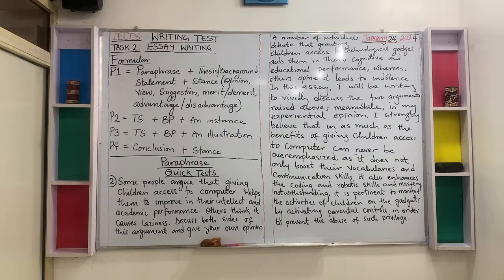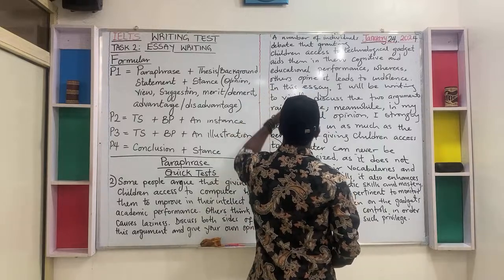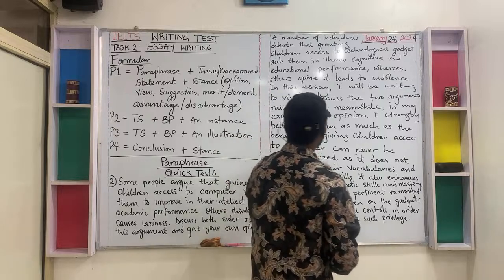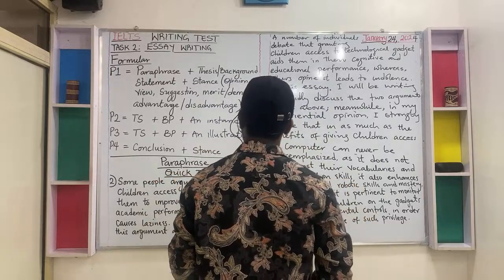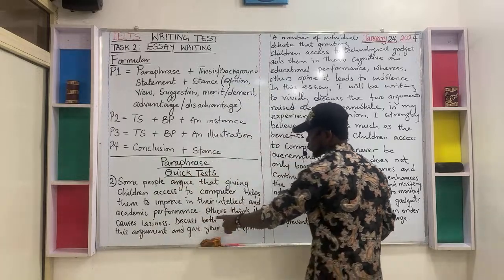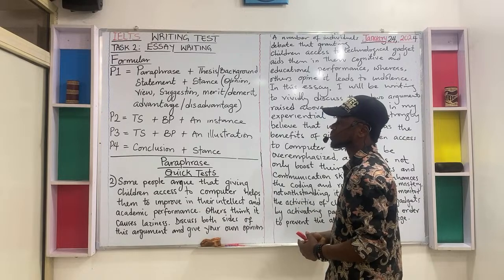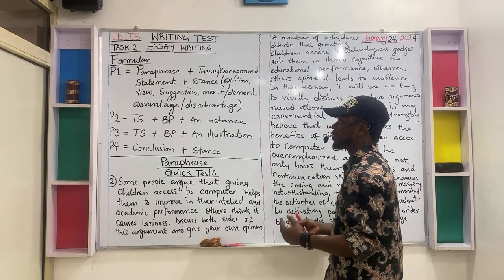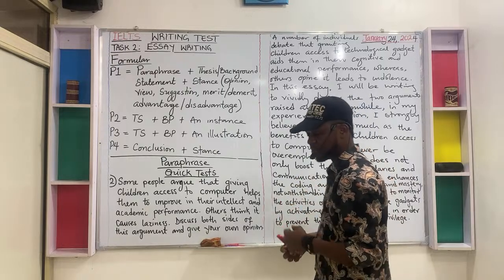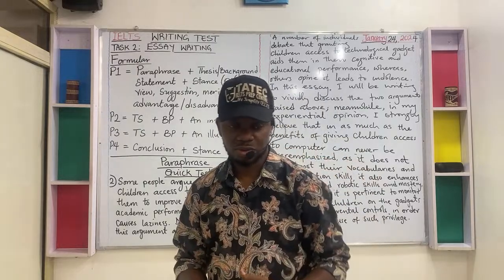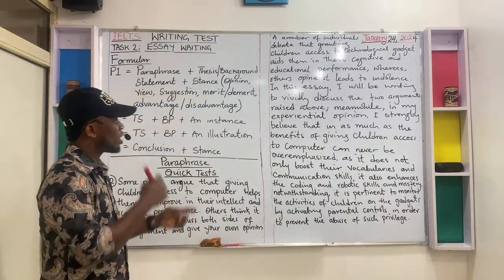On the board we have all that we wrote yesterday, and this is our thesis background statement. Here it says, in this essay, I will be writing to vividly discuss the two arguments raised above, because the instruction says, discuss both sides of this argument. So if you're able to draft your opinion, if you're able to draft out your points, it is now time for you to say, this is what my essay would be, because you already have the points on ground. Okay? So at that point, you now say, in this essay, I will be writing to vividly discuss the two